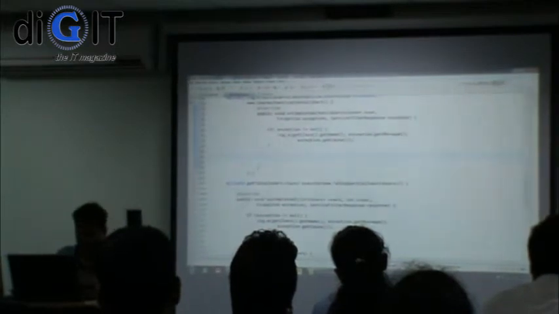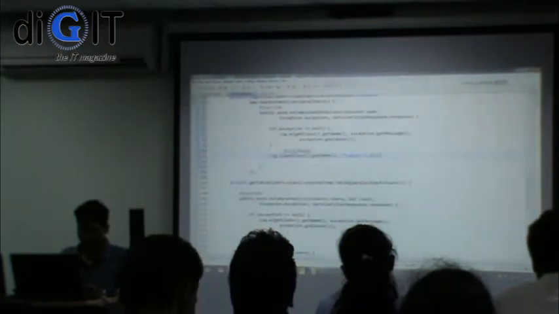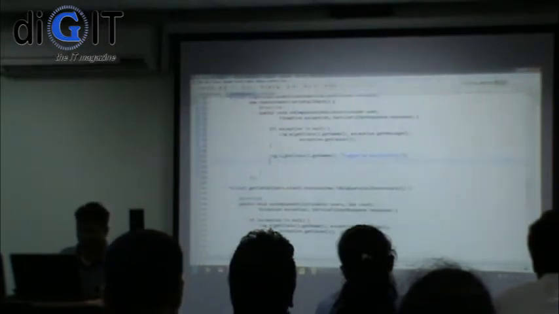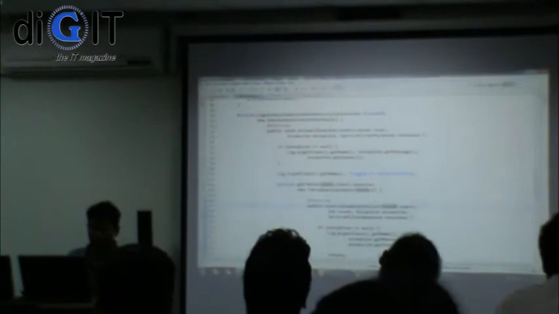Okay. Otherwise, we're going to say log.i. Then once you've logged in successfully, we can execute this. We might want to bring another one for demonstration purposes. Let me demonstrate that you can read after you authenticate.